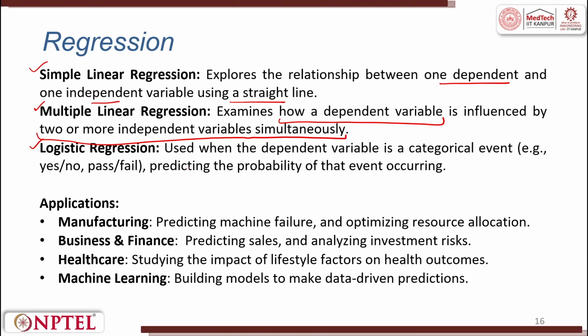Logistic regression is something different. This is used when the dependent variable is categorical. For example, yes, no, pass, fail, predicting the probability of that event occurring. Applications are in manufacturing, that is predicting machine failure, optimizing resource allocation; in business and finance, predicting sales, analyzing investment risks; in healthcare, studying the impact of lifestyle factors on health outcomes; machine learning, that is building models to make